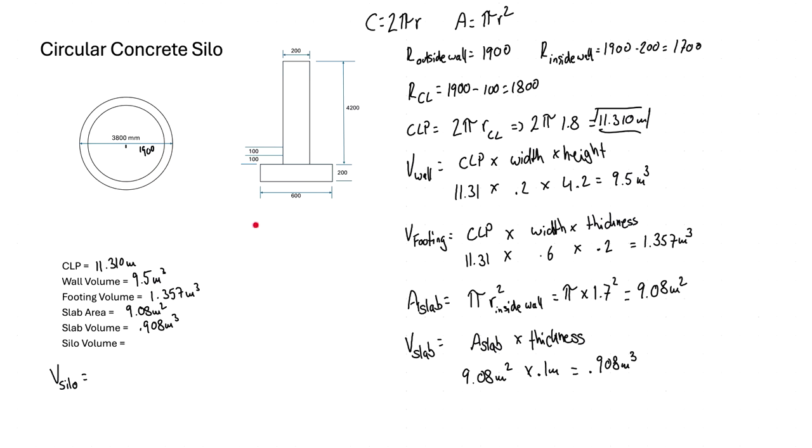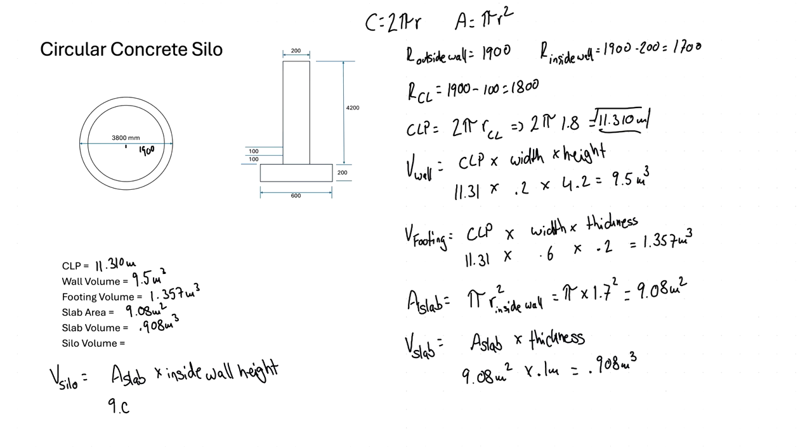We figured out the slab area. So now to find out the volume, we need to use our area of the slab, what we found here, and we need to multiply it by our inside wall height, right? We can't use our outside wall height because it goes down all the way to the footing. But if you look closely here, our slab sits up from the footing a little ways. So we just need to adjust that number. So we take the area of our slab times our inside wall height to find that. So area of the slab, we already figured out